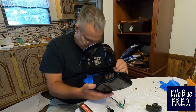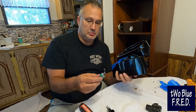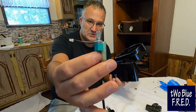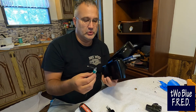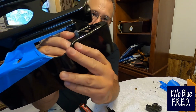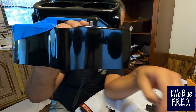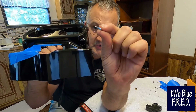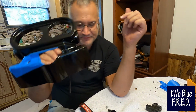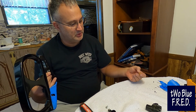Blue and I had a couple of scary moments, but then we figured out a solve. So here's the problem that we ran into. After we drilled the hole to fit into the controller piece, when we fit everything up through the hole, you have no threads to get the nut onto it. Now, we scratched our noggin for a minute about this, and then I remembered a piece that came